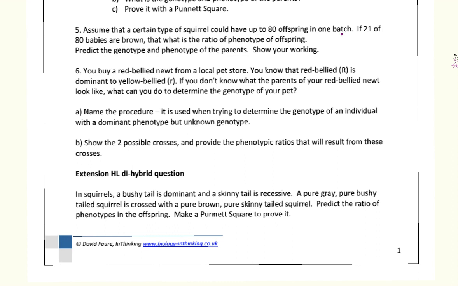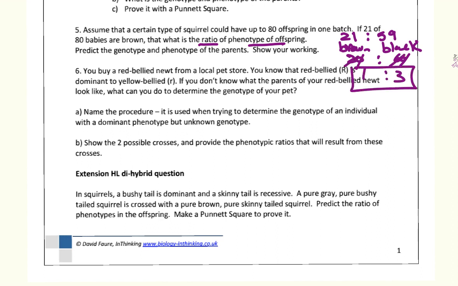If this batch contains 21 of 80 babies that are brown, this means that I have 59 babies of the other feature, which could be the black one. So what is the ratio of the phenotype of the offspring? Okay, you can see here the ratio. You can make it approximately 20 to 60. So to make it in the simple ratio, it will be 1 to 3 or 3 to 1, because the